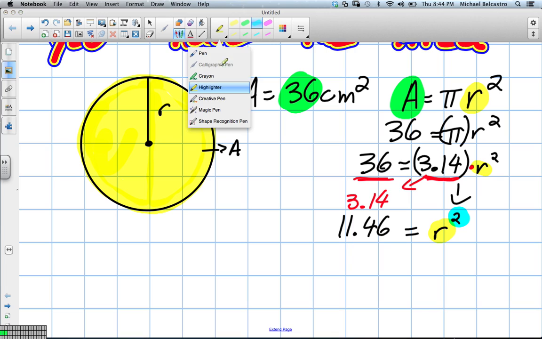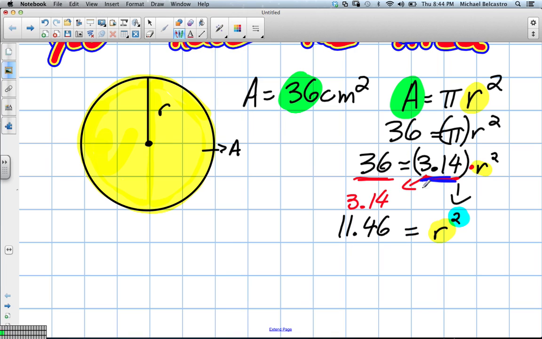So just like when we had to move 3.14 to the other side, I got to get this squared over to the other side. I got to use the opposite operation of squared. Do you know what the opposite operation of squared is? It's square root. So on the next line, what we're going to do is write the square root of